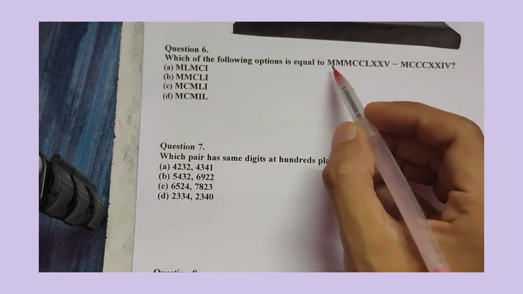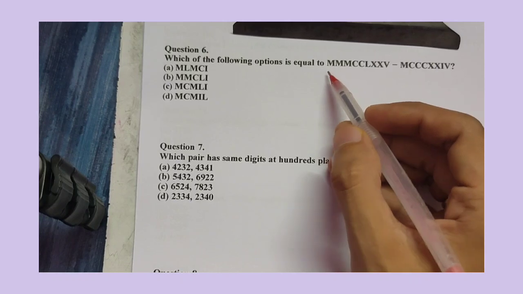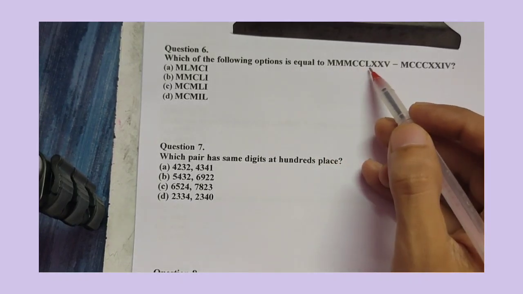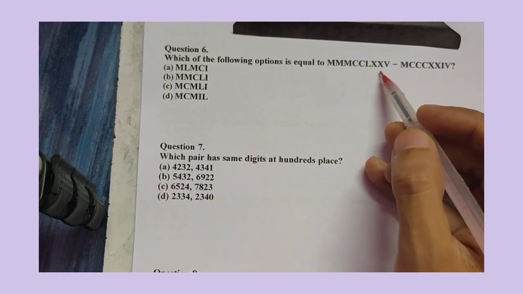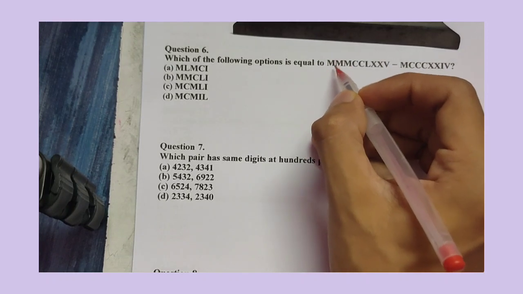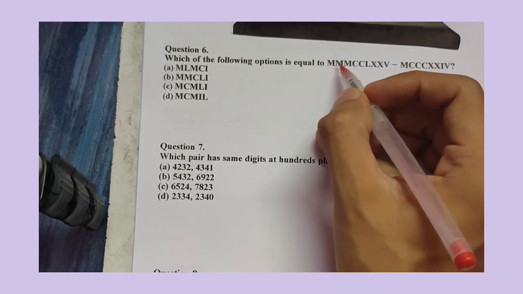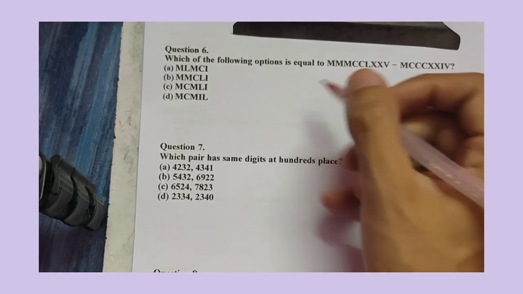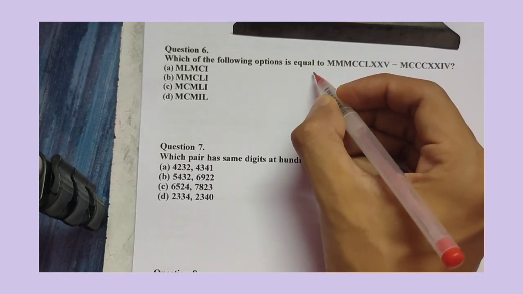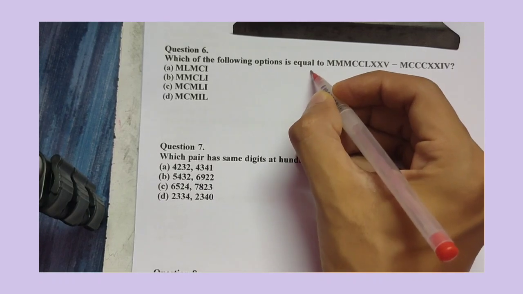Now we know that M is representing 1000 in the Roman numeral system, C is for 100, L is for 50, X is for 10, V is for 5. If we try to solve this first one, there are 3 Ms repeatedly. So it means 1000 plus 1000 plus 1000. What does it make? It makes 3000